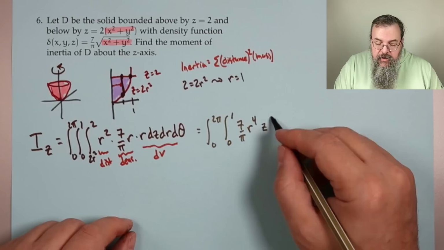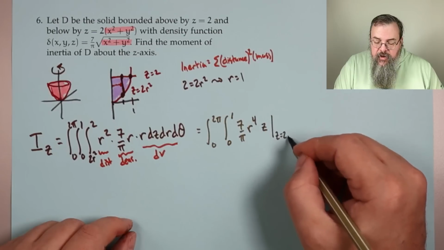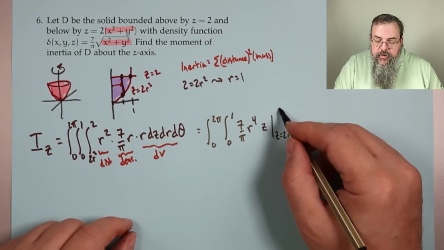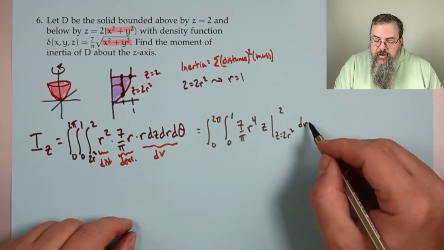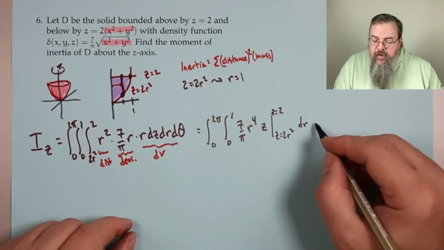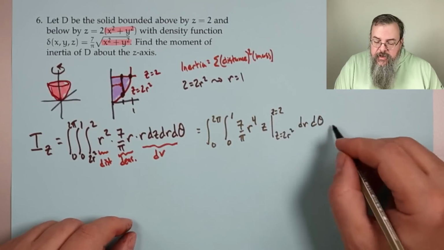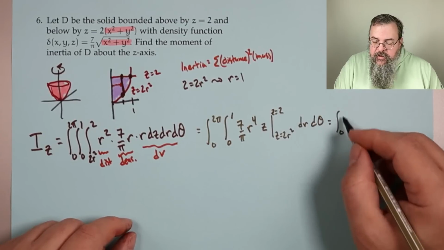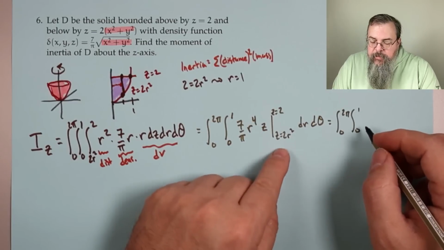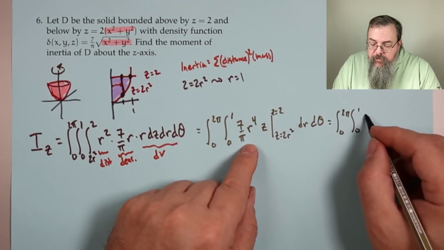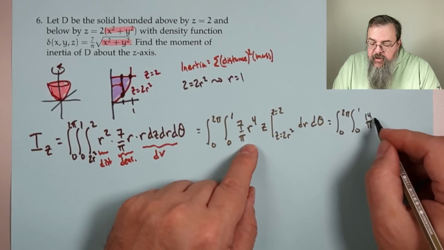And we're evaluating from z equals 2r squared up to 2, dr d theta. All right, well, this is 0 to 2 pi, 0 to 1, and when we plug in 2, we're going to get 14 over pi r to the 4th,